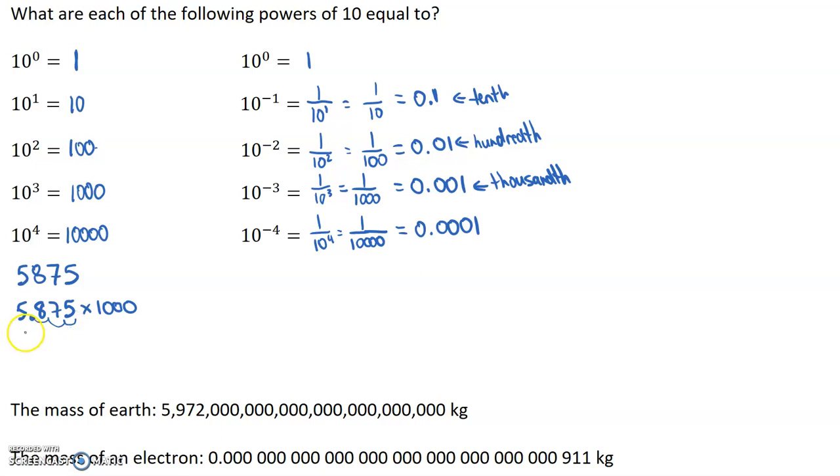Well, the same way of writing 1,000 is writing, as we have above, 10 to the power of 3. And so in scientific notation, this number 5,875 is equal to 5.875 times 10 to the power of 3. Likewise, if we take another small number, let's take this number,